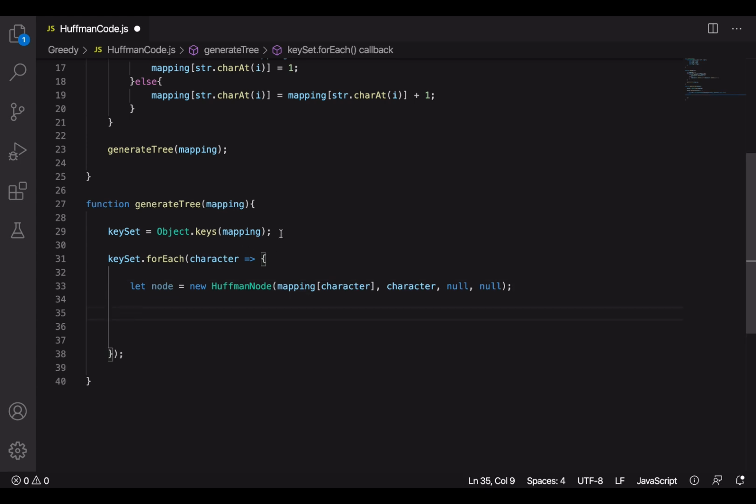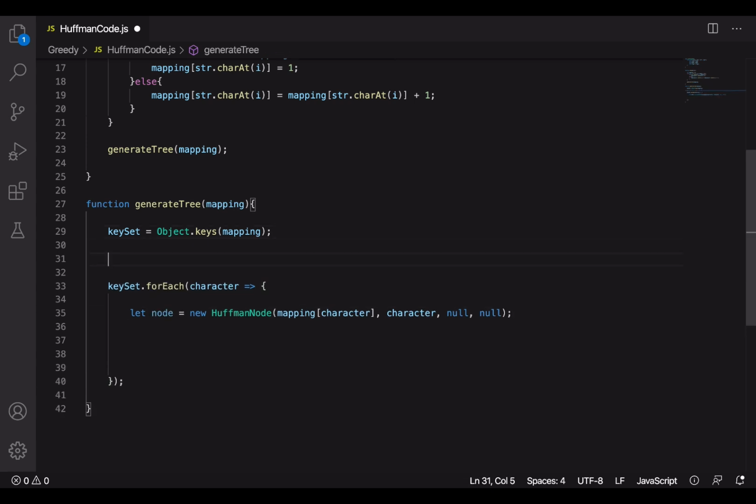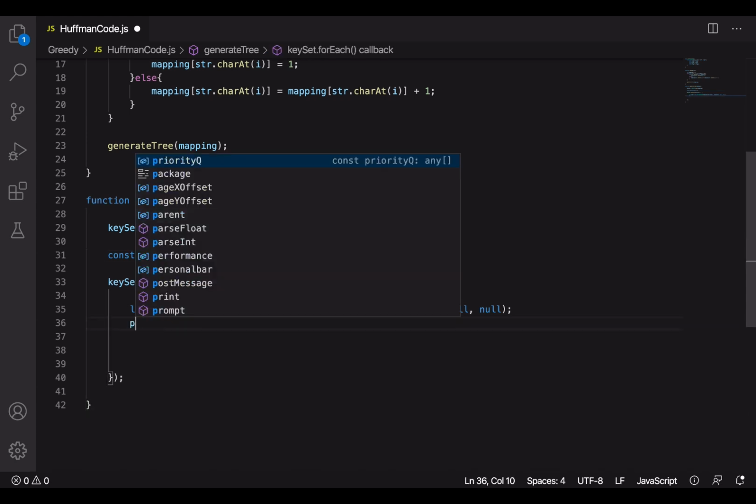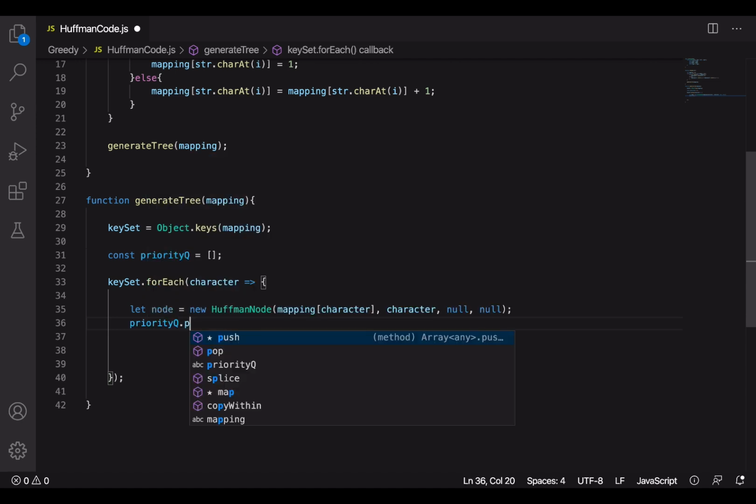And now let's add this node in an array. Let's take an array. I'm calling it priorityQueue because we are going to insert the node in this array according to a certain priority. Actually, we will insert the nodes in ascending order of their frequency to get the smallest nodes at first. So let's push the node